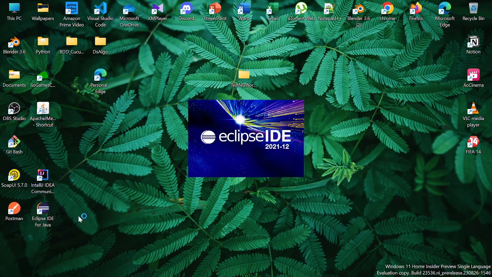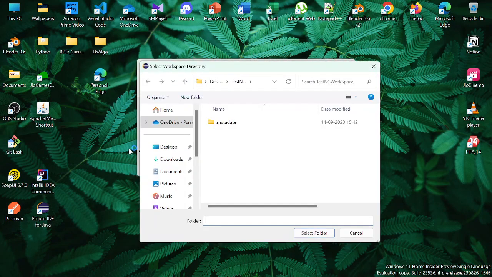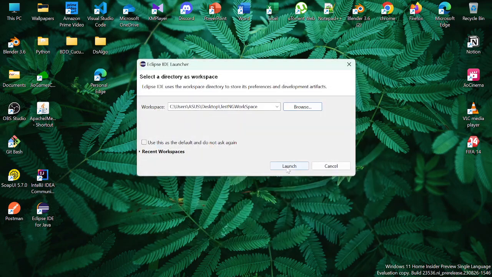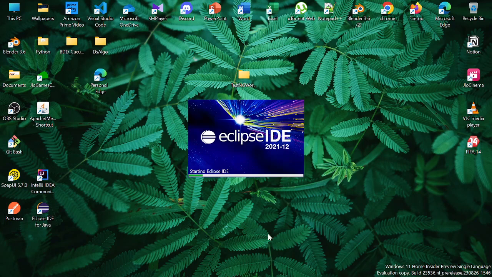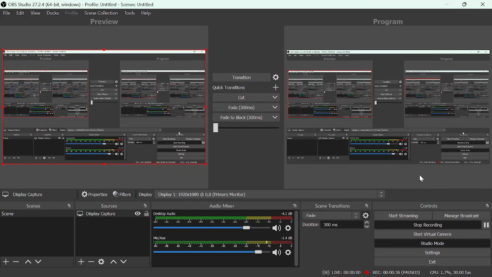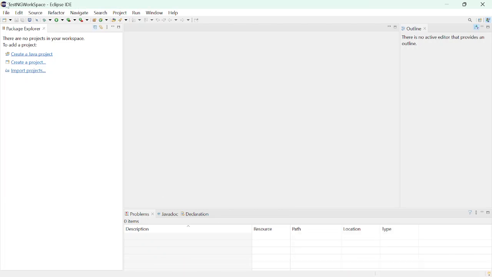Now, whenever we open the Eclipse IDE, you have to browse here. I have already browsed this one, so I have selected it and then launch it. Once you launch it, it will open. It will take a moment. Once Eclipse has started,